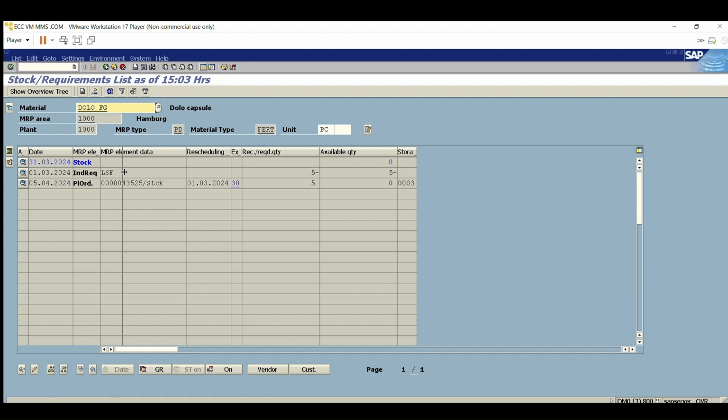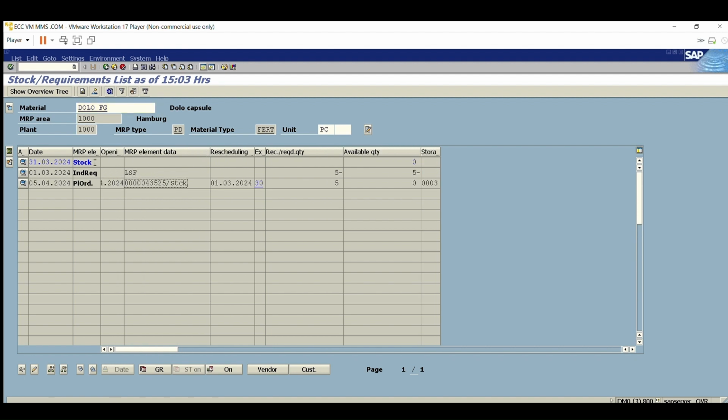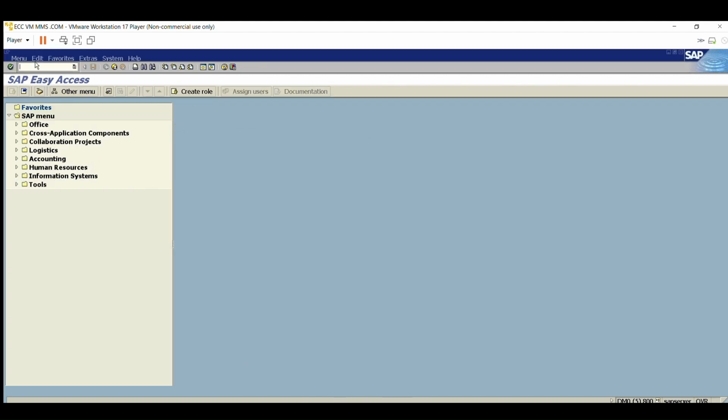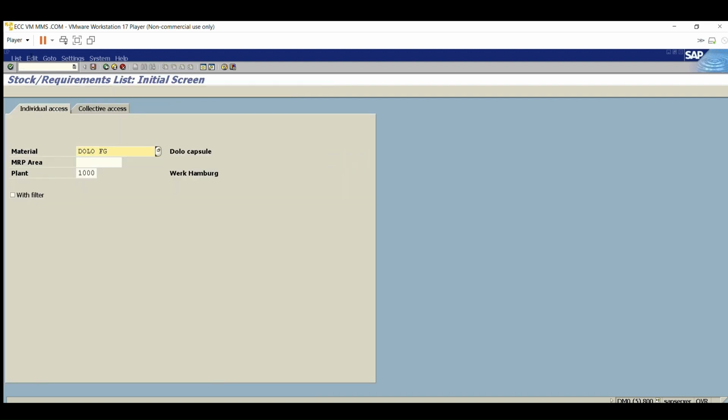So you can refresh. You can see the plan order get generated for the final product. So now what you need to do is, the procurement team will convert the PR to PO and they will bring the stock. Okay. So I will go to MD04 and for the raw material